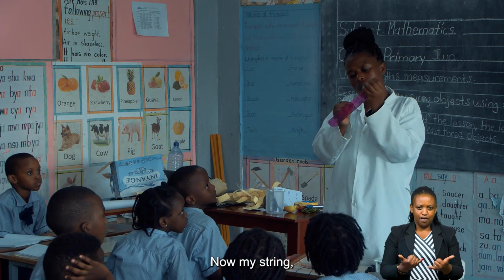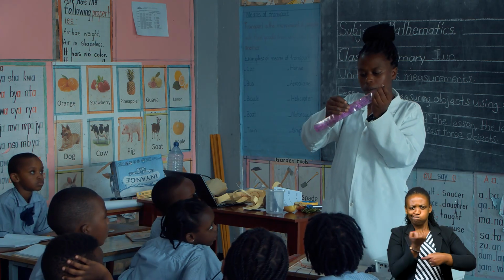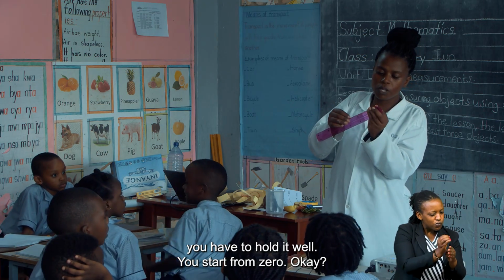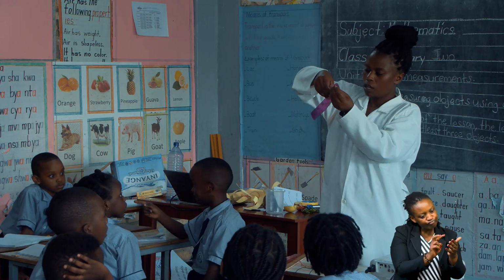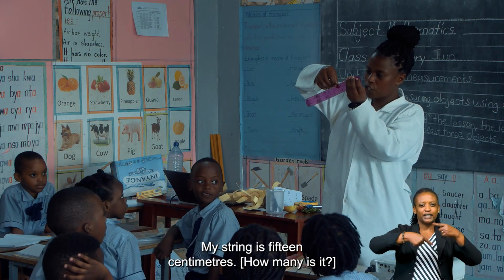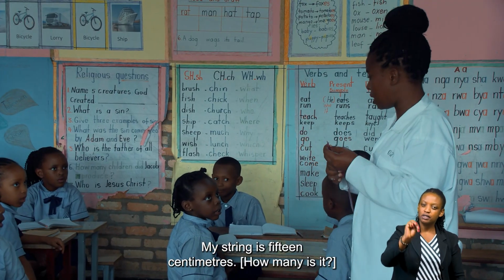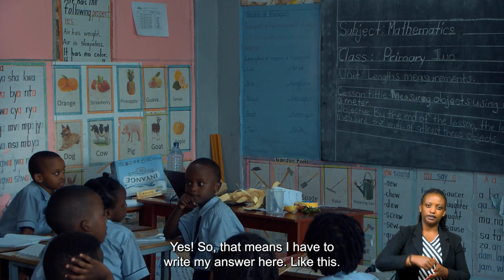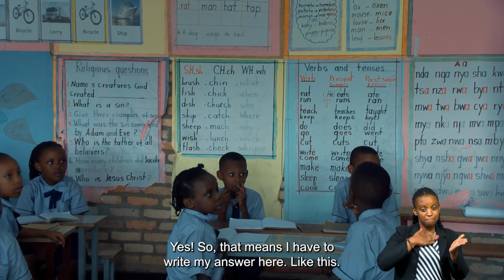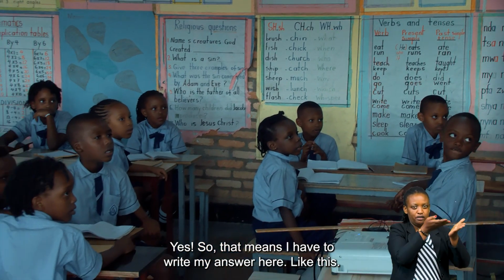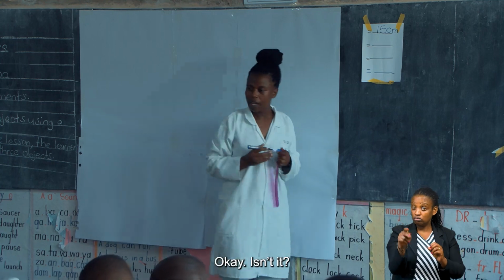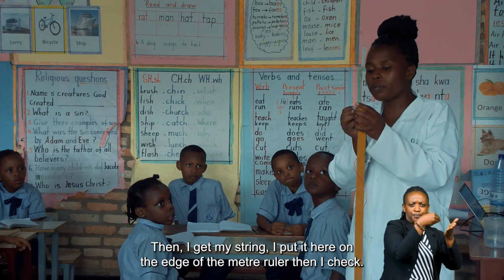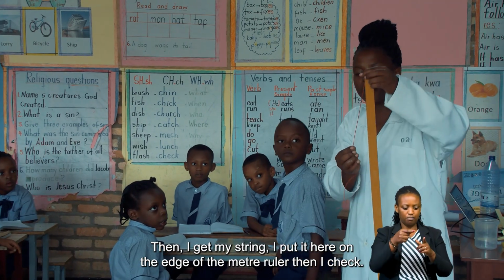Now, my string, you have to hold it well. You start from 0. My string is 15 centimeters. It is how many? 15 centimeters. So that means I have to write my answer here, like this. Then I get my string, I put it here on the edge of the meter ruler,